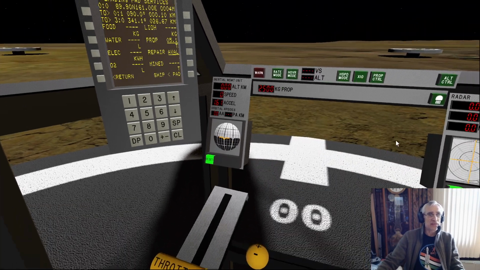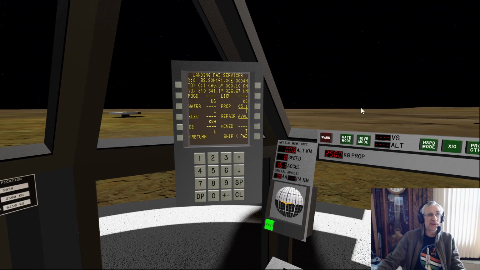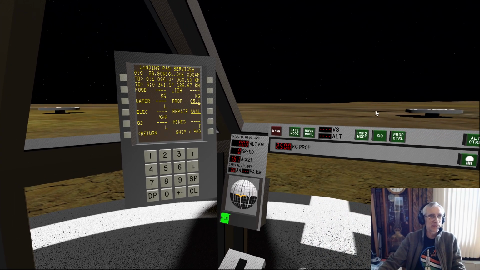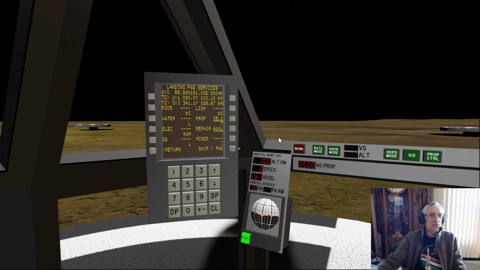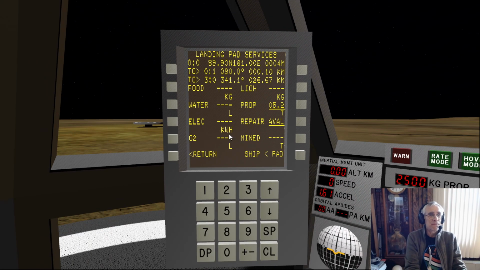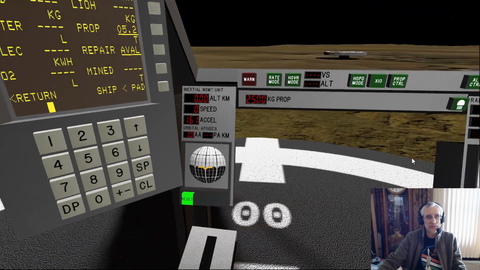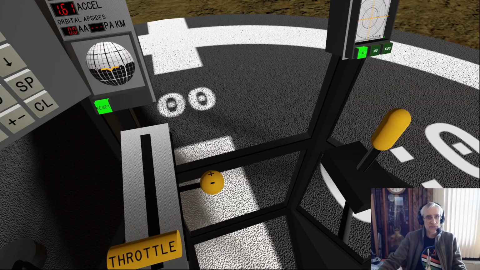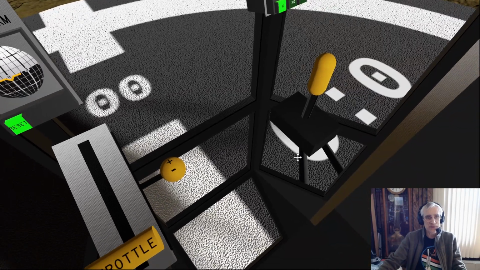So when you're on a landing pad on the Tungsten Moon, and there are right now 20 landing pads that are available to you, you get this data readout from the pad that tells you what services are available on the pad. So the top line here actually shows us the name of the pad, 0:0, and it's shown literally on the surface of the pad too, 0:0.